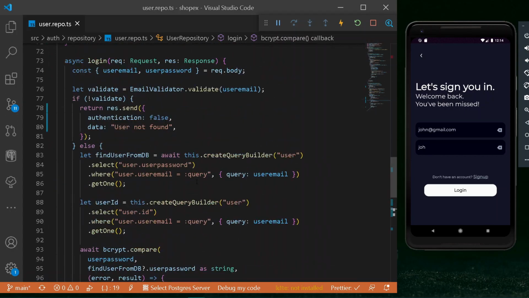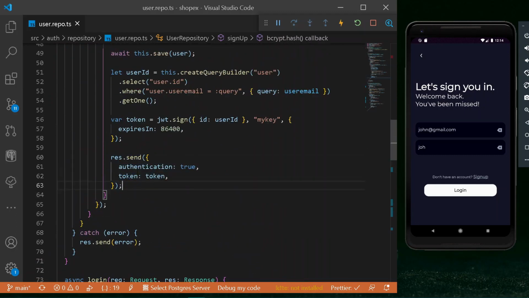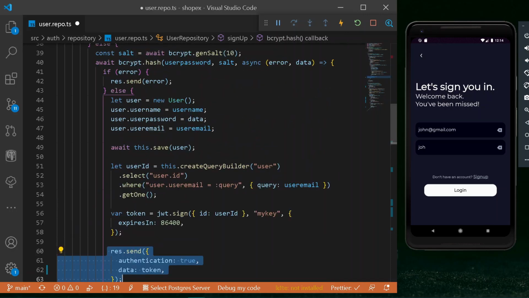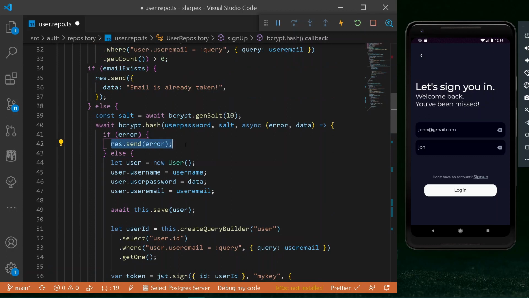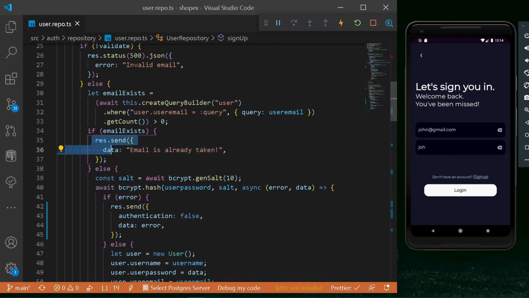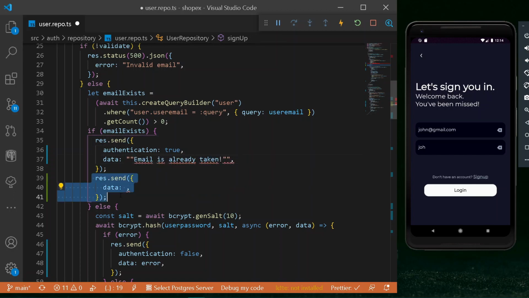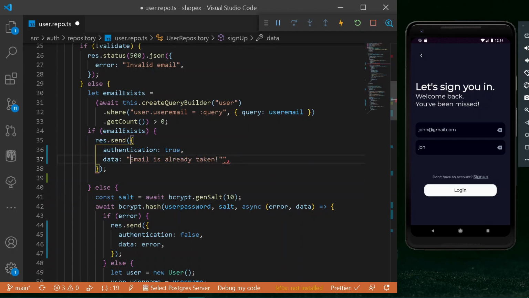But before trying it out, we also need to make changes over our authentication model of our signing up. So here let's have a data instead of a token. Let's copy the following thing, and wherever we are sending our errors, let's send the error just like this. And also we shall be having a value of false under authentication. Similarly, under the case of email exist, let's paste everything here, and also I will be copying my data, removing it from here, and here I will be pasting my following response. So let's remove this and have this removed as well.